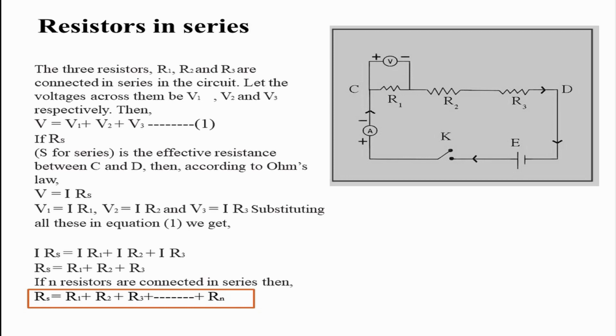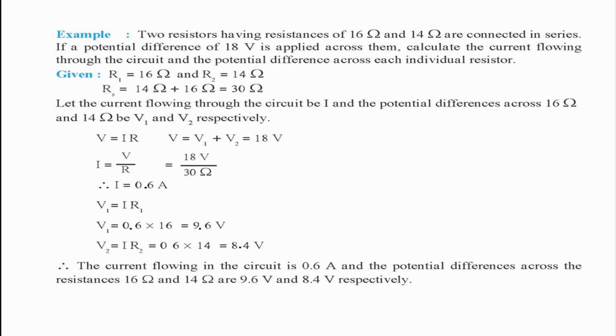So let us move on to a sum, which will make you understand much more. In this sum, we have got two resistors in series. There is a sum in your textbook which simply tells you to add the resistors and find the effective resistance in series. I'm not doing that. It's very simple to understand. This is a tricky one. Let us go for this.